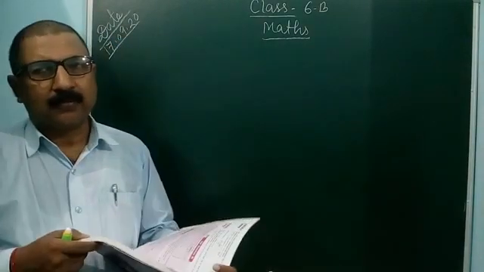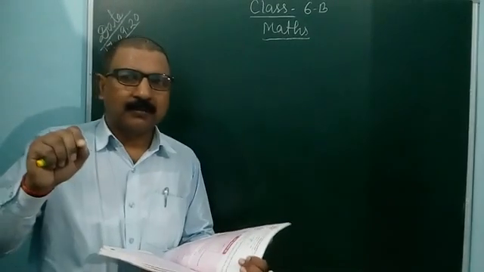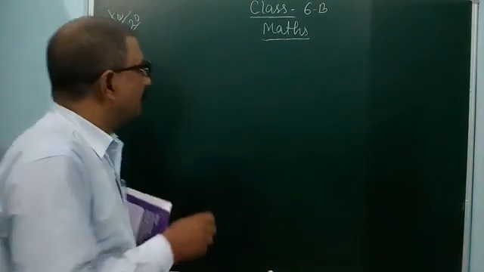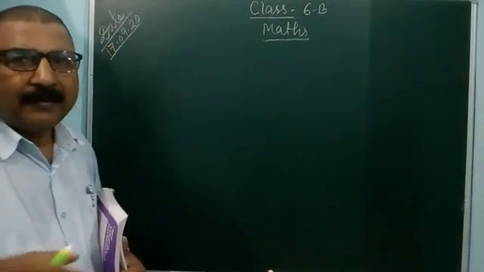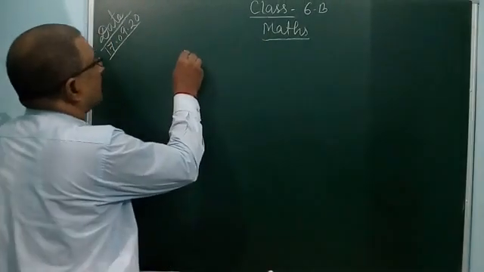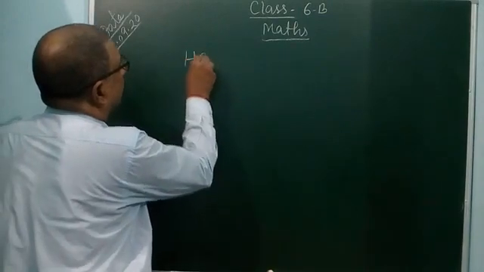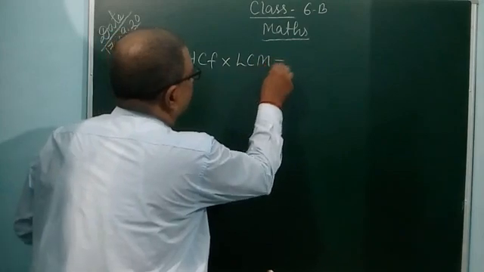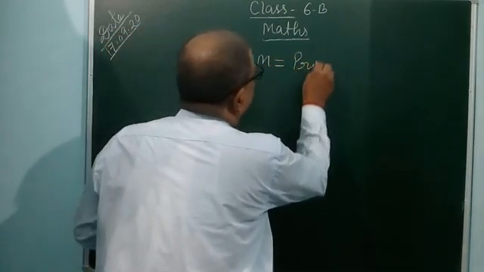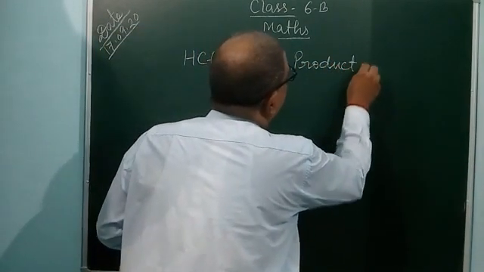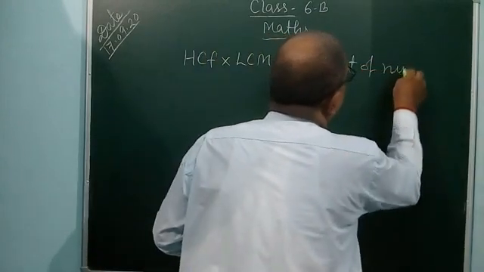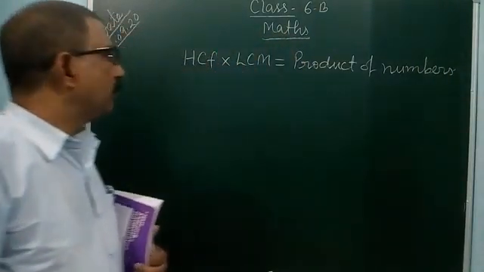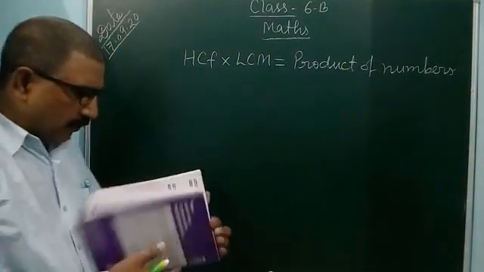I had also explained one formula as the relation between HCF and LCM: HCF multiplied by LCM is equal to the product of numbers. So in this way, by this formula, you can do exercise